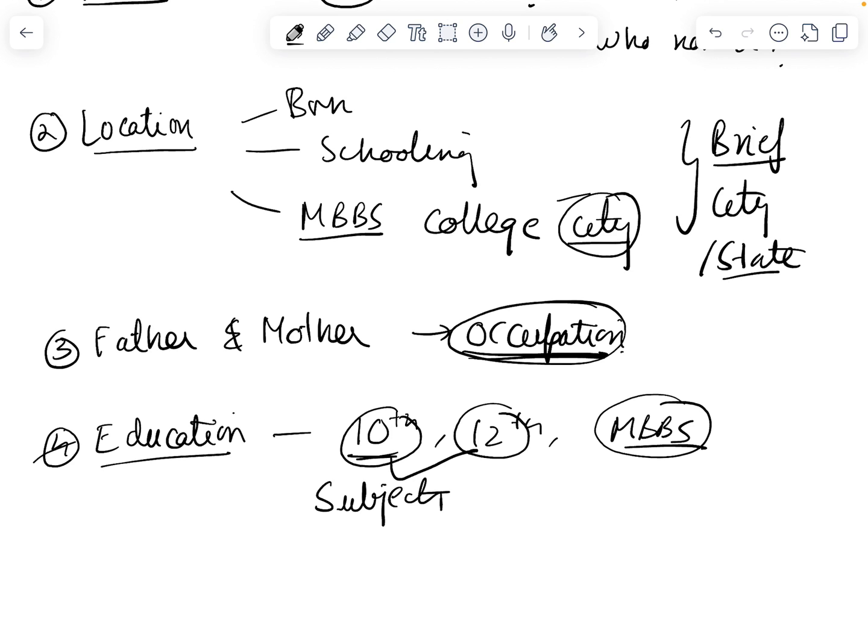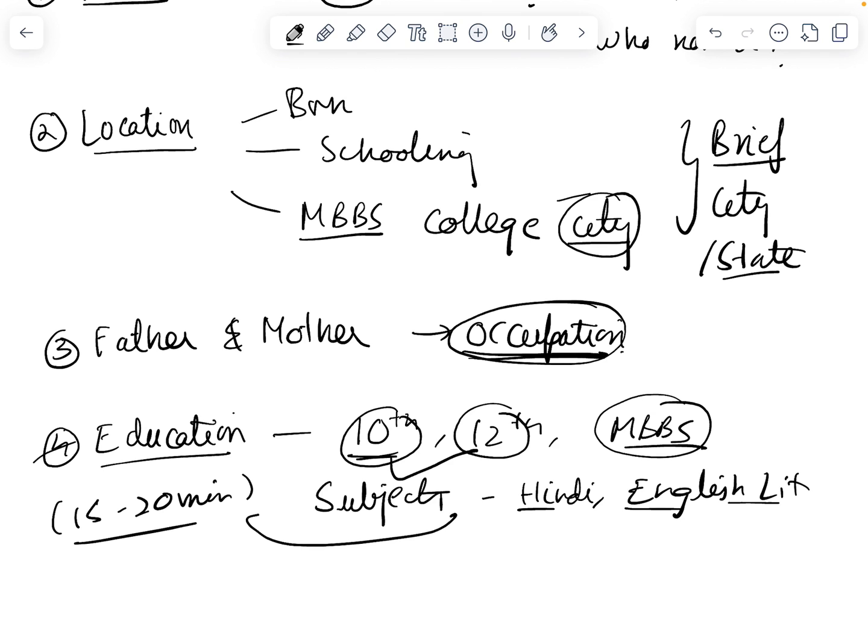Also remember, even if you're not able to answer, just respectfully say, sir, I studied it around 7, 8, 10 years ago, so I don't exactly recall. But in brief, you should know something. And please, if the subject is Hindi or English literature, English, everybody has these two subjects usually. So remember something, which all books were in your syllabus, one or two short stories or poems which you read in class 10th or 12th. I guess everybody remembers this. But before the interview, just for 15-20 minutes in your interview prep, just think about this aspect also,